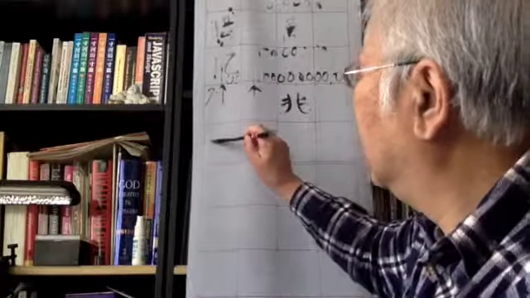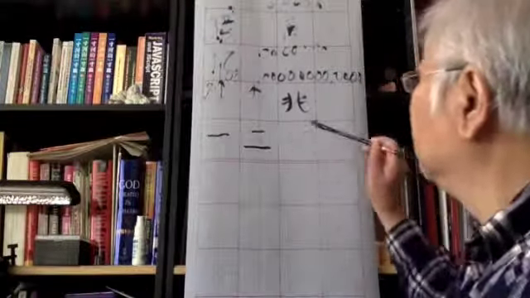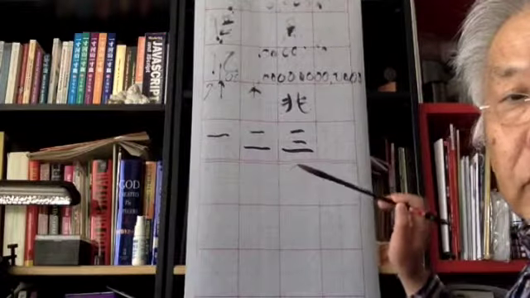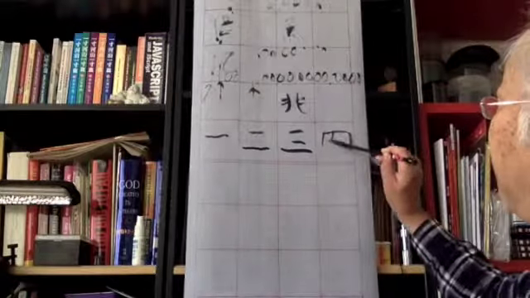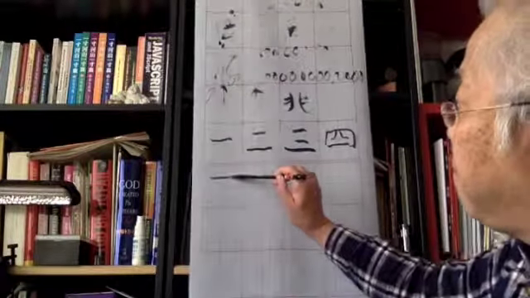So it's 1, 2 is 2 horizontal strokes, 3, 4 is a little bit different,